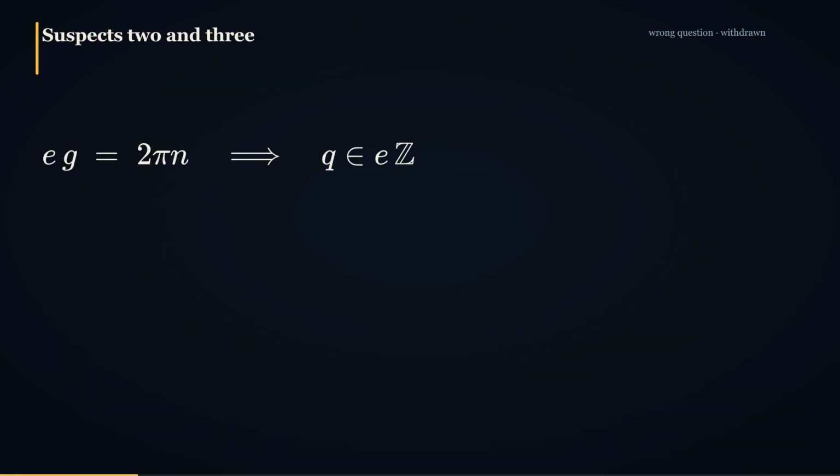Suspect 2, a magnetic monopole. Put one anywhere in the spectrum, and electric charge has to come in whole units. That is a real mechanism, but look at what it delivers. It quantizes the unit. It says nothing about the pattern. It cannot tell you why the quark hypercharge is 1/6 rather than any other multiple. Winding already gave us the unit. What we are missing is the pattern.